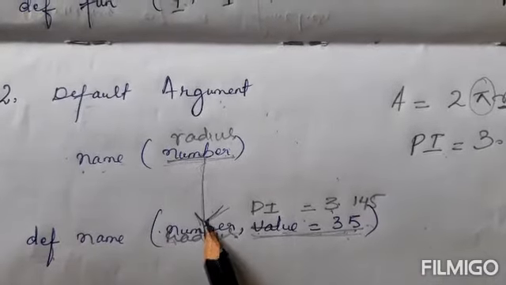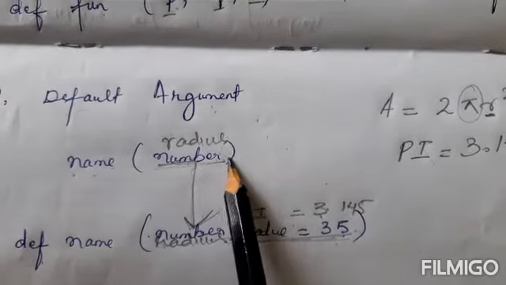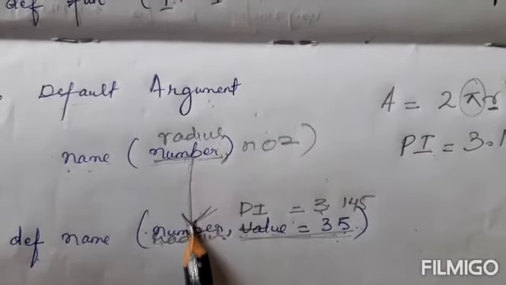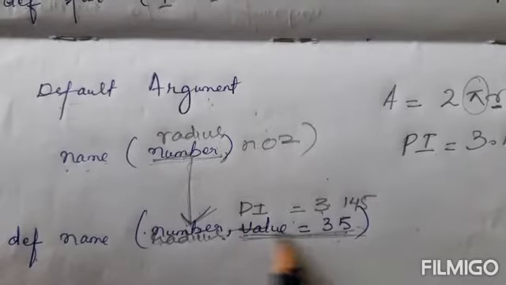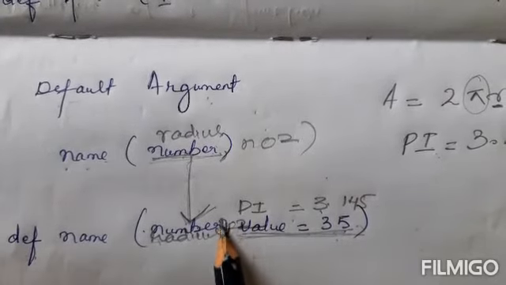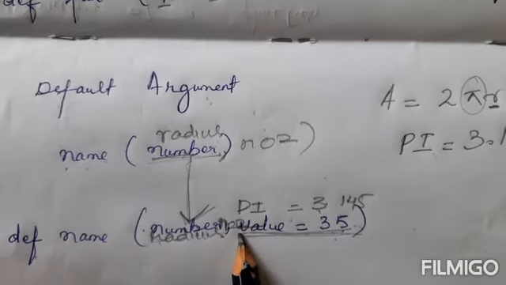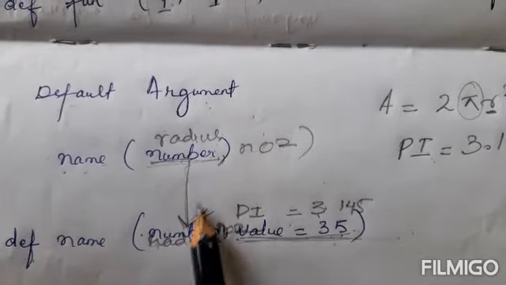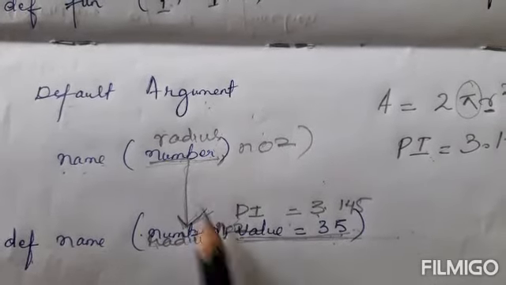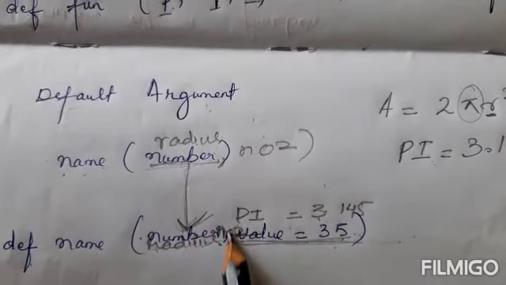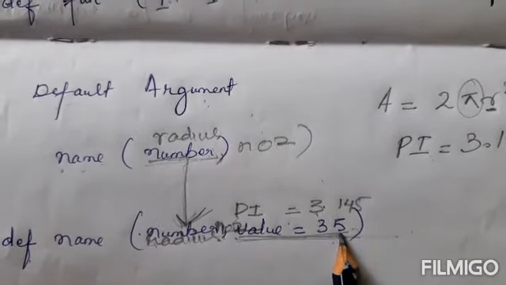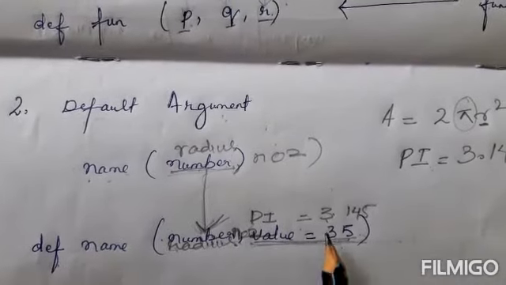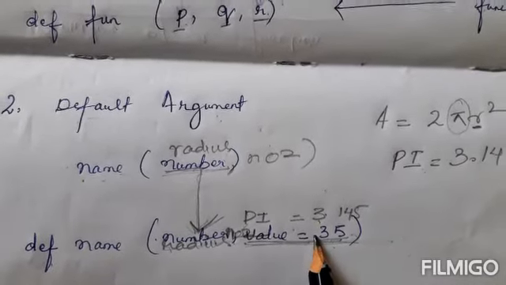The order has to be followed. Suppose I have two arguments, number 1 and number 2. I'll be passing number 1 here, and before your constant value, you need to specify the value of number 2. So it will be number 1, followed by number 2, and then followed by your default argument. The positional argument will always be specified first, whatever is passed from the function call, and after that you will have your default value. So this is the second type of passing an argument in a function.